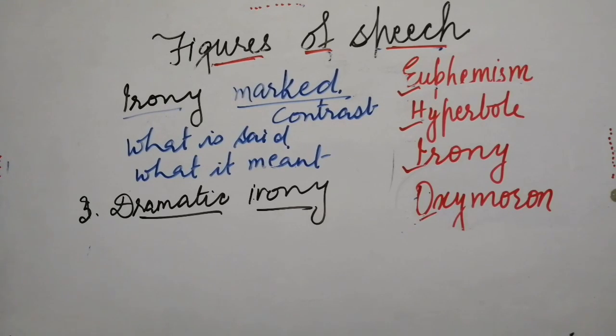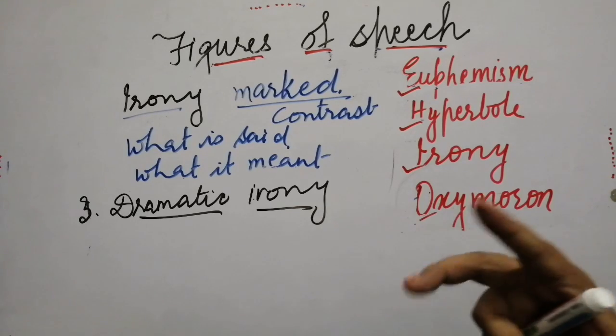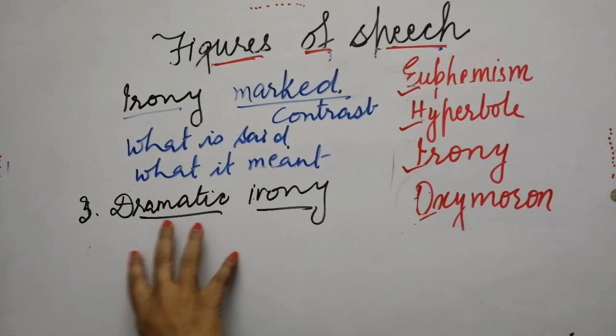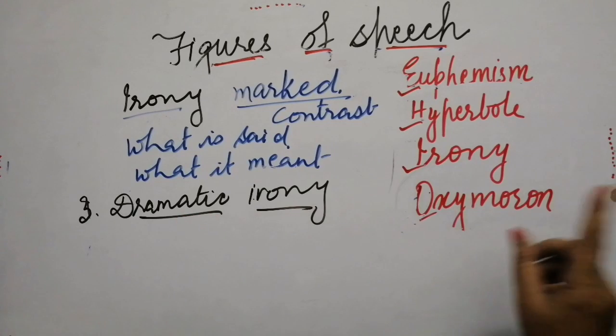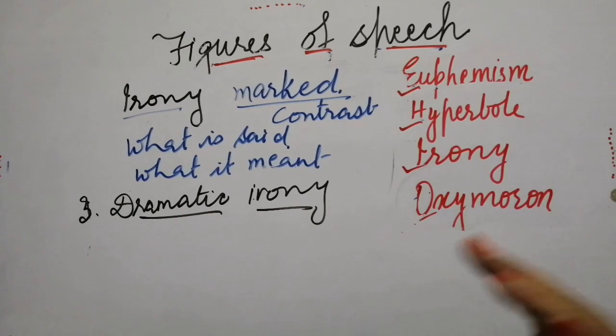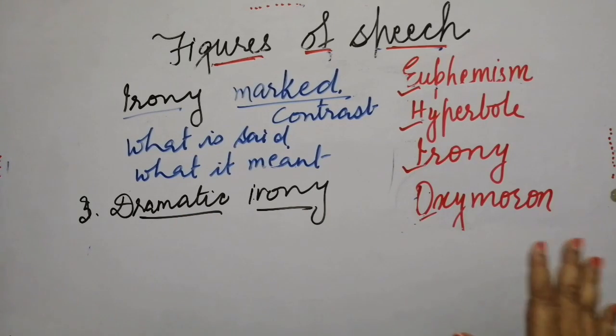This is the kind of situation when you try to yell, don't go there, because you know the secret of that place. You are aware of that thing, but that character himself is not aware of it. And then the result is, of course, totally opposite of his expectation. That is called dramatic irony. I repeat, dramatic irony is when one secret is being shared with the audience and other characters, but the main character doesn't know about it.